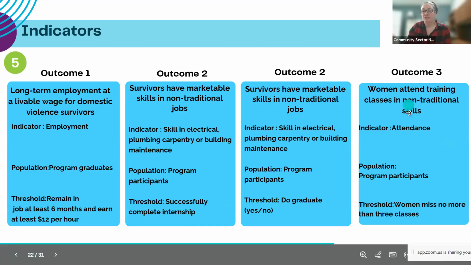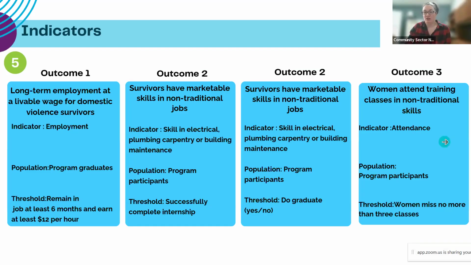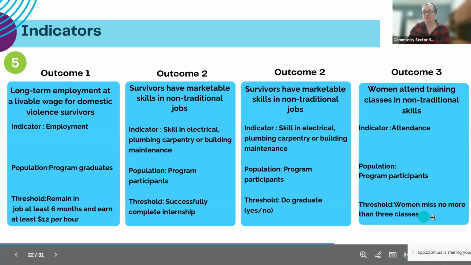indicators. And then for training in non-traditional skills, an indicator would be attending all of the training sessions. The population, again, is program participants. And then you'd have some sort of threshold. So if you offered X number of classes, you would want there to be an absenteeism of women missing no more than 3 classes. And that could be the threshold that you've set that ensures that they've attained these non-traditional